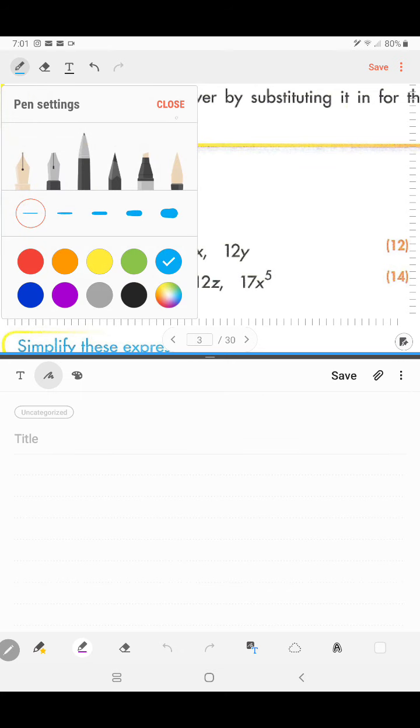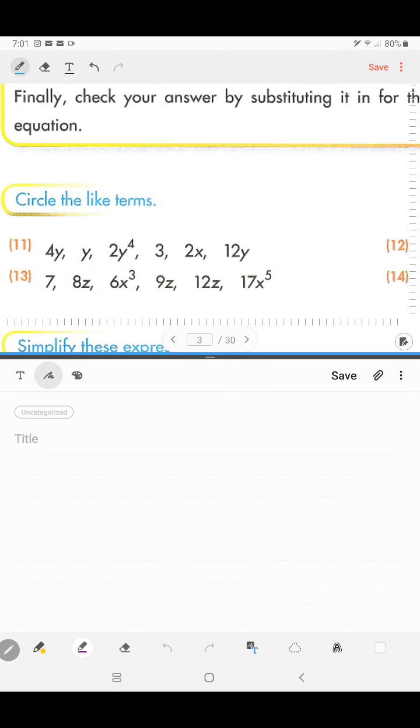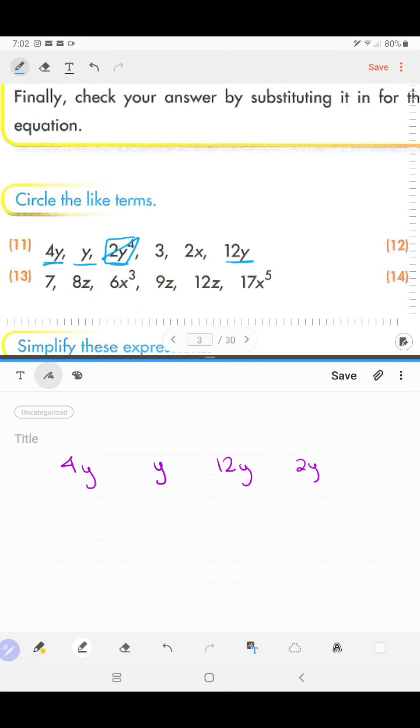Like terms mean it has to have the same letter, and if it has an exponent, which is 4, it has to have the same amount of exponents. So we have one that has y, and y. So this one is not the same because it has a 4 as an exponent. So if you have 4y, 12y, and 2y4,